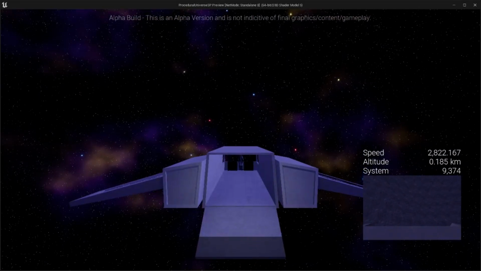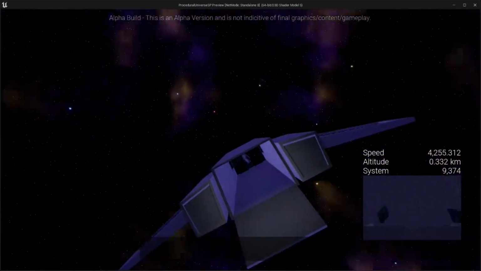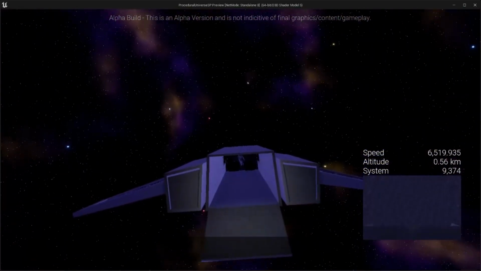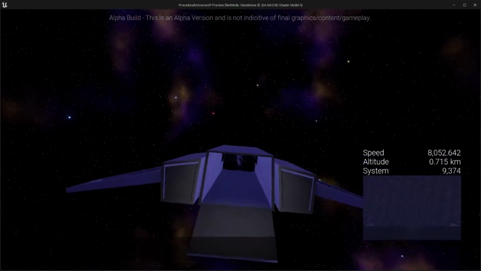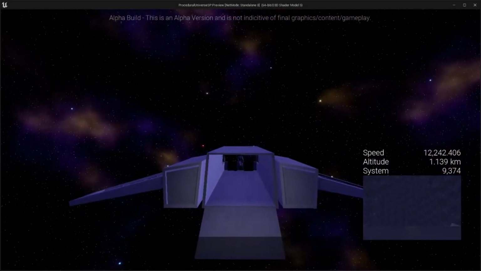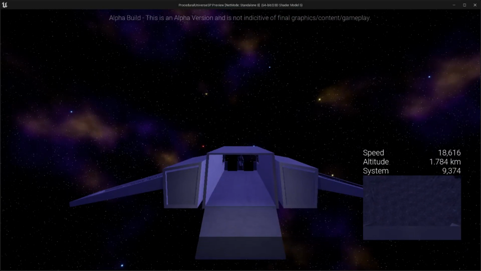So it's just kind of the long trip to 40 kilometers. Once you get above 40 kilometers, it allows you to access the galaxy map. And then you'll be able to choose a solar system that you would like to go to. Right now there's no restrictions on which one you choose, but I'm gonna put those in once I figure out